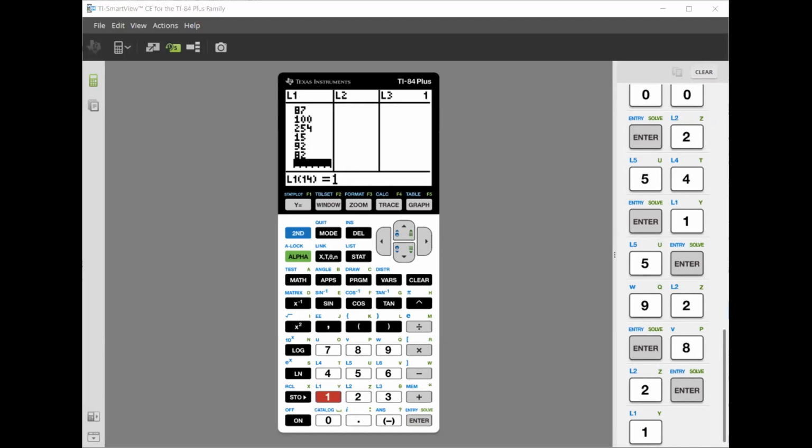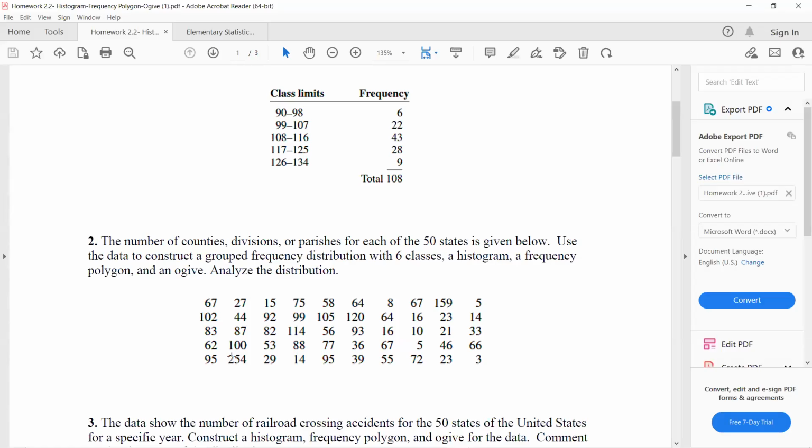I might have, because I had to copy it after, right here, under the 100. Oh, okay. Okay. 15, 92, 82, 53,